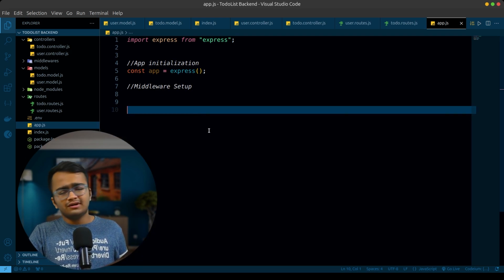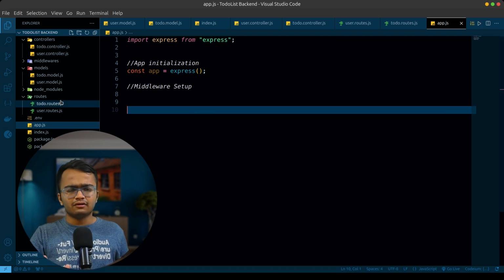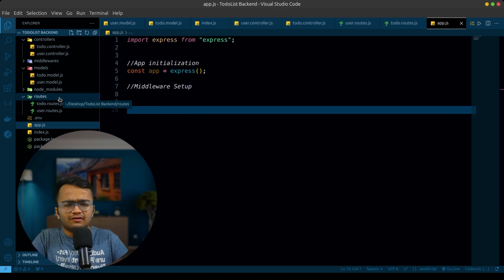Okay. Now what is CORS? CORS stands for Cross Origin Resource Sharing. Now what does this mean? Sometimes when we deploy this server code to production,